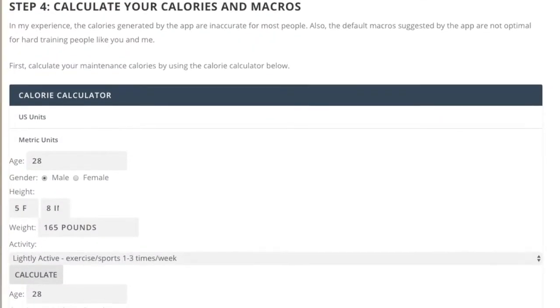Now that we've gotten into the habit of tracking, we can go ahead and set our own goals, our calories and our macros. If you've already been tracking your food, you have a good idea of how much food and how many calories you need to maintain your weight. If you've already done this, you can simply plug in this number as your calorie goal for each day. If you have no idea about your calories, you can simply click on the link in the